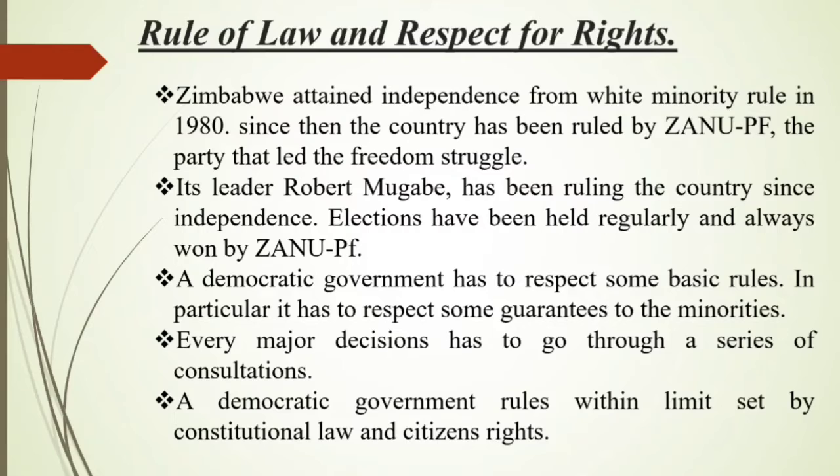The Robert Mugabe and the government changed the constitution several times to increase the powers of the president. तो रॉबर्ट मुगाबे और जो गवर्नमेंट था, they amended their constitution in favor of them several times to increase the powers of the president. बार बार वो कॉन्स्टिट्यूशन को चेंज करते रहते थे, अमेंडमेंट करते रहते थे, जो कि अपने पावर को इंक्रीज करने के लिए, प्रेसिडेंट की पावर को इंक्रीज करने के लिए.